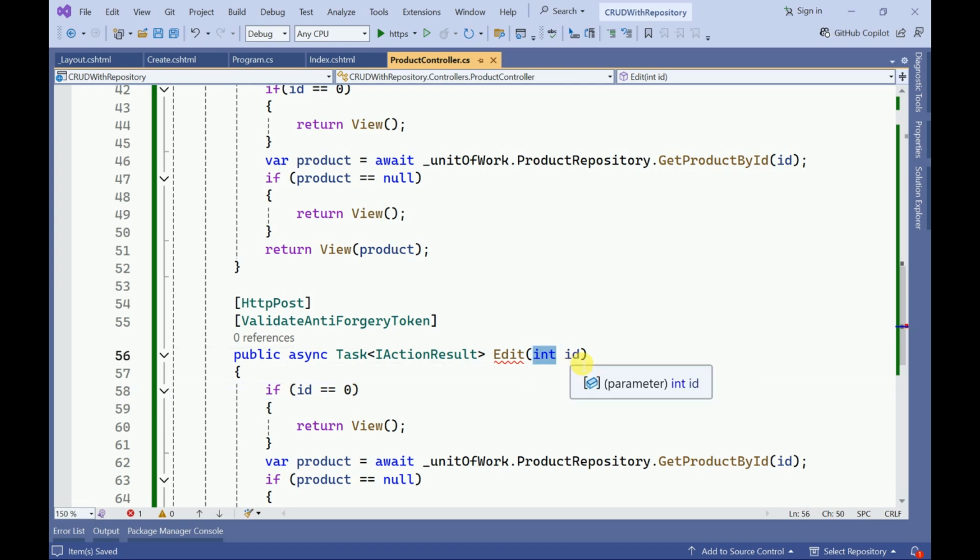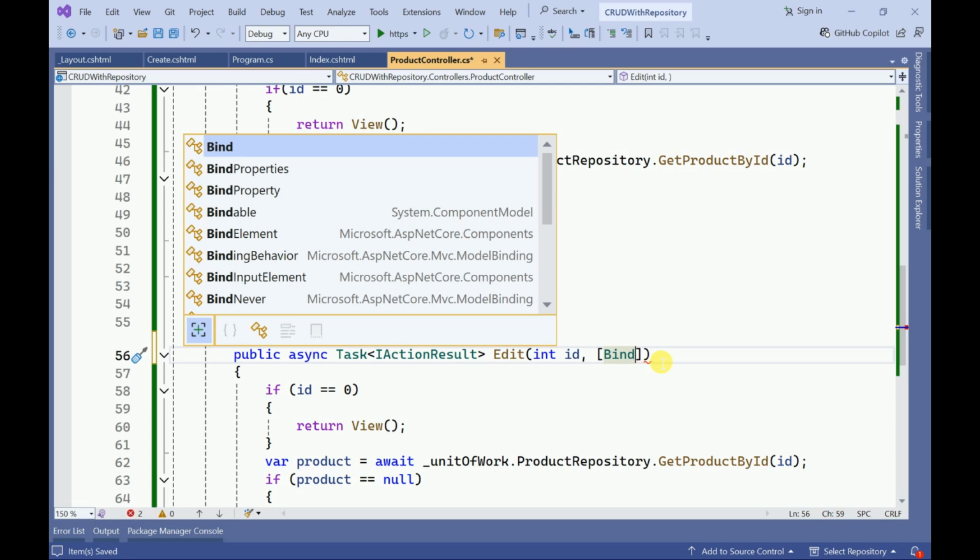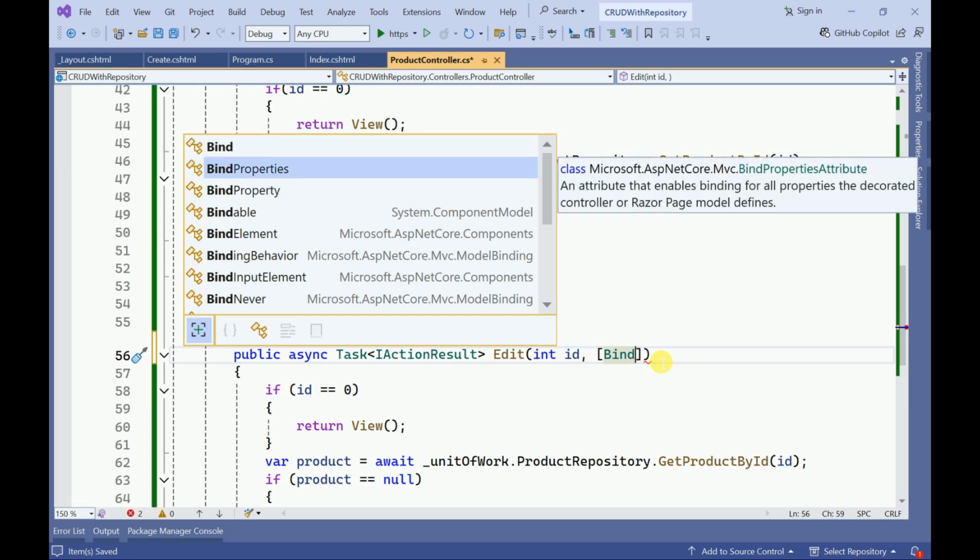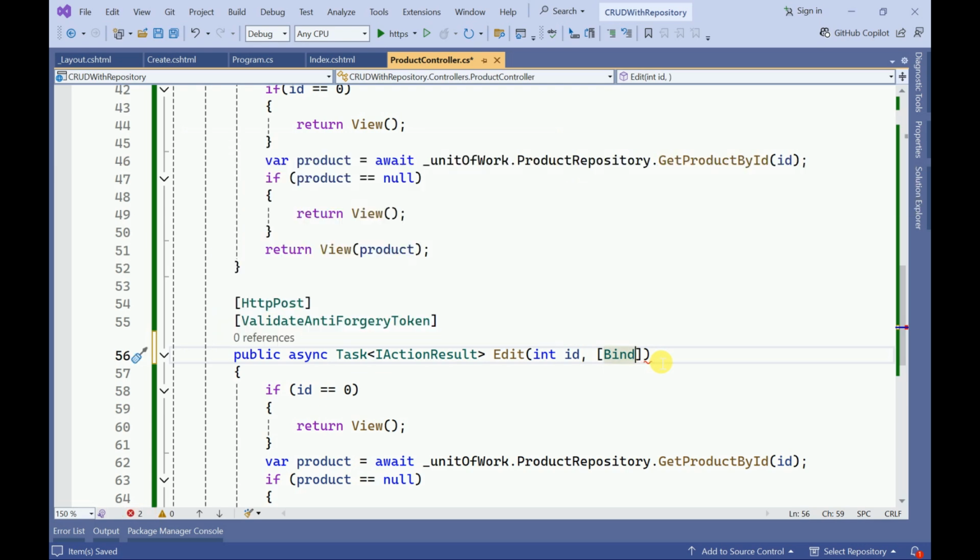Here we have to pass data along with the ID. I'm going to pass the Bind property here. Bind, we need to pass columns ID,